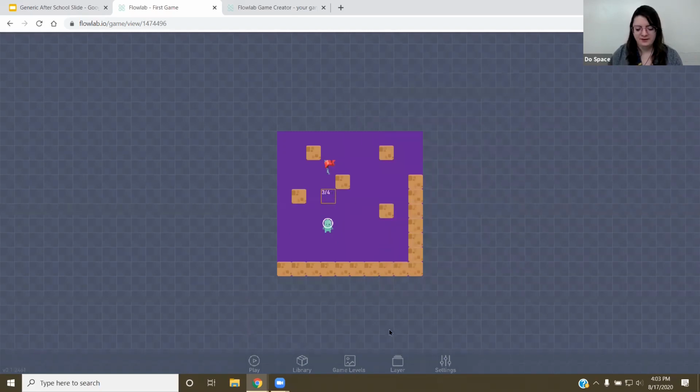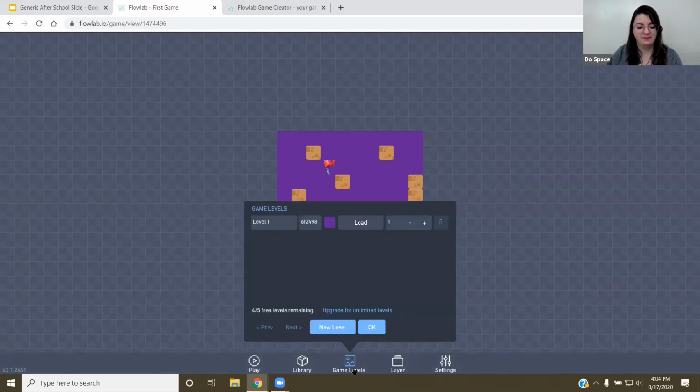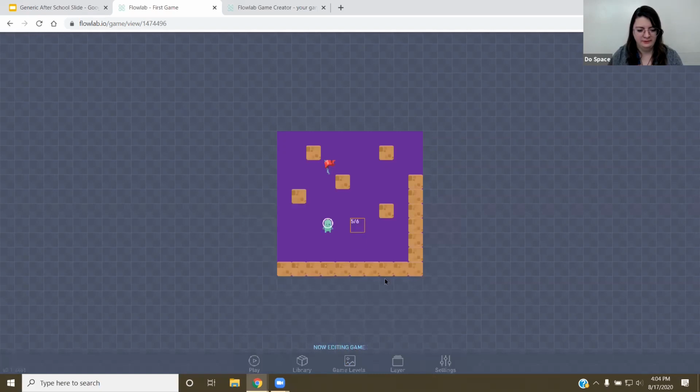So something to do for fun in here, you can go ahead and spend some time designing our level out for this little simple platformer here. Let's see, there's game levels in the library. So I'm just going to show you game levels for a little bit and just start designing a level in here. So game levels right here. You got level 1, color, load, and this little plus right here. Click load, it loads that level right there.